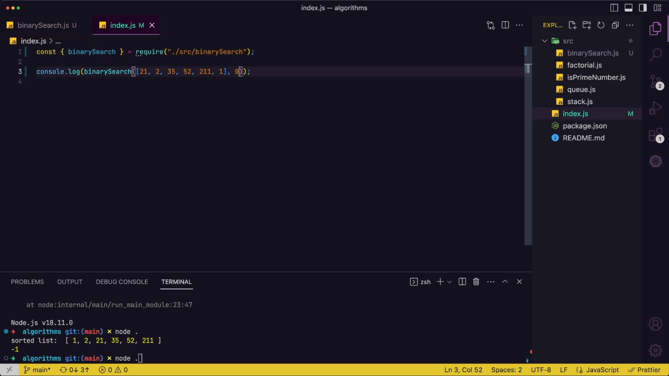Let's try to find the index of the value 52. As you can see, it correctly pointed out the targeted value that we are looking for, which is 52 at the index of 4. Here in the array, as we count the array from 0,